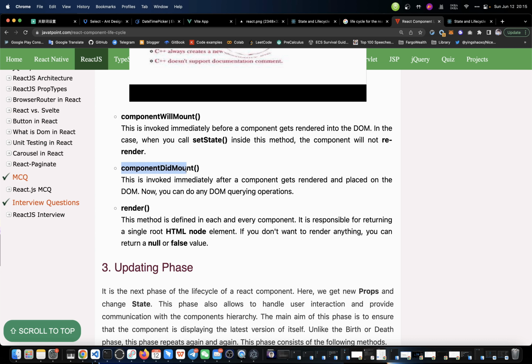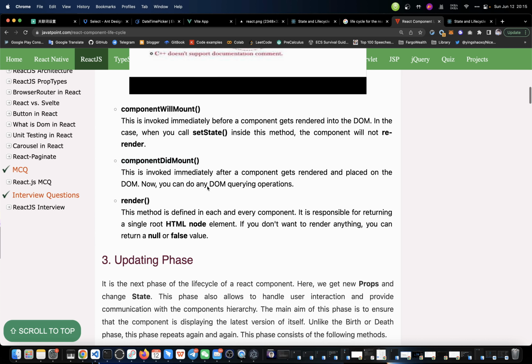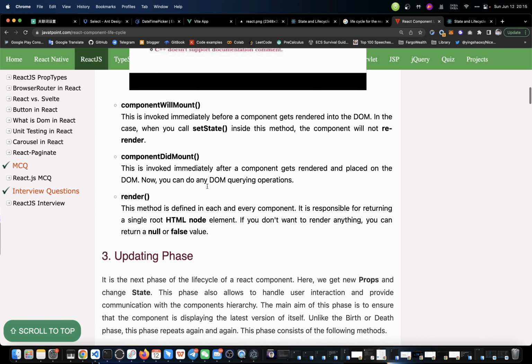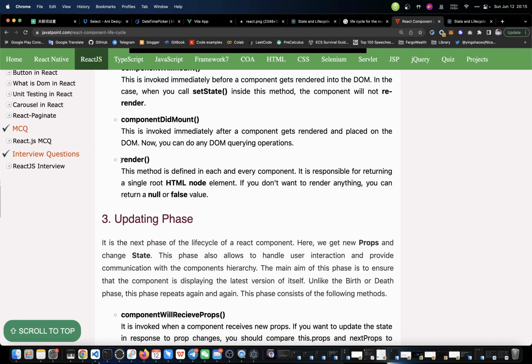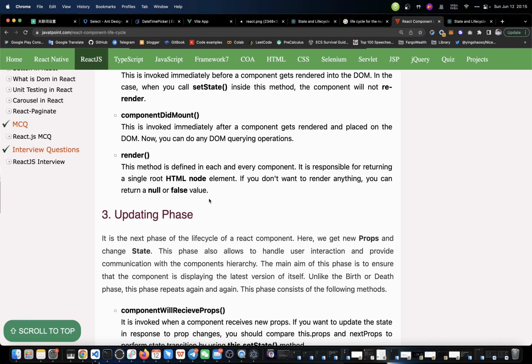So when this function gets called, that component has already been mounted on the web page. So in this case, you could use some reference technique to get the elements of that component. Then you could do some operations with it. That's fine. And then for the render function, this method is defined in each and every component. It is responsible for returning a single root HTML element. If you don't want to render anything, you can return a null or false value so that nothing will get